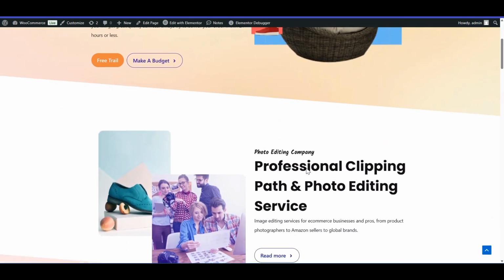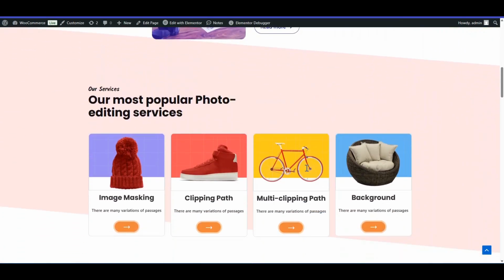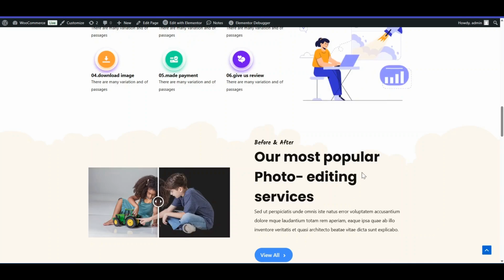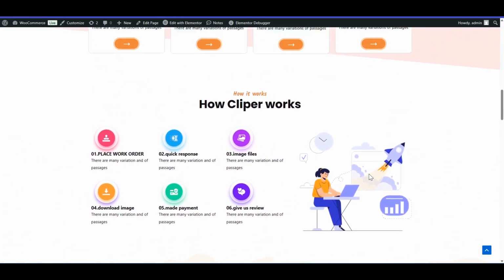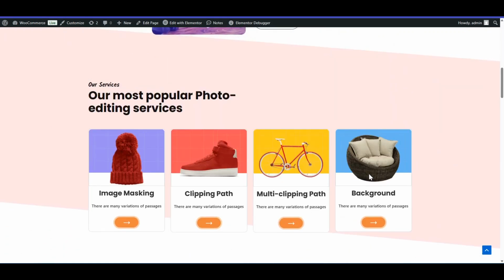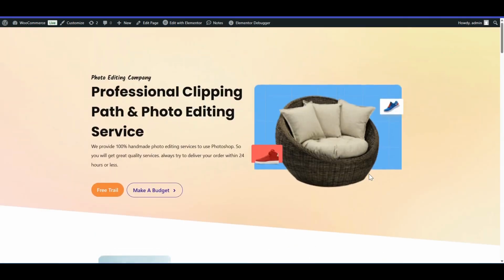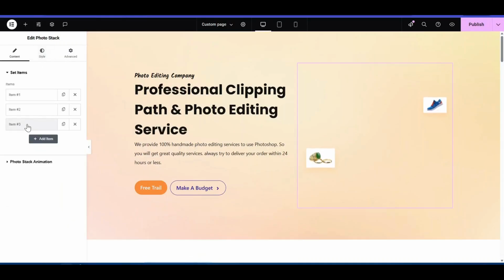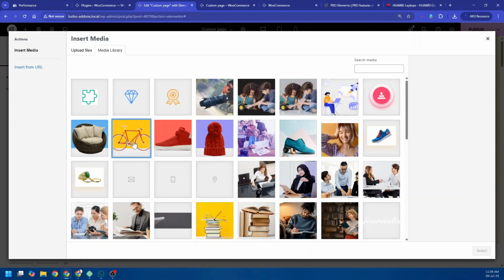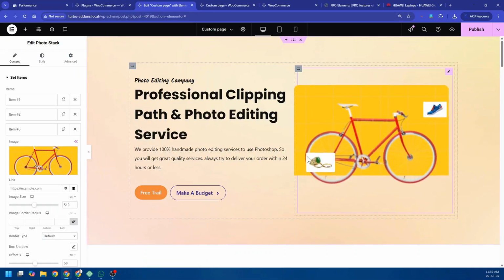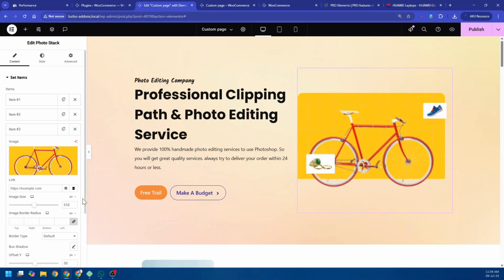Want to add stylish, custom shape dividers to your Elementor designs? Completely free? In this tutorial, I'll show you exactly how to do it using Elementor's built-in shape divider feature. I've already created this section layout using Turbo Addons for Elementor, but the key effect here, this eye-catching shape divider